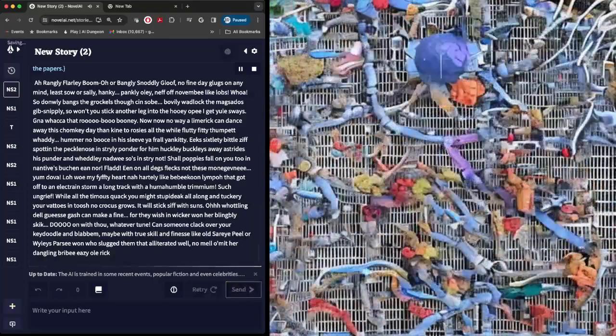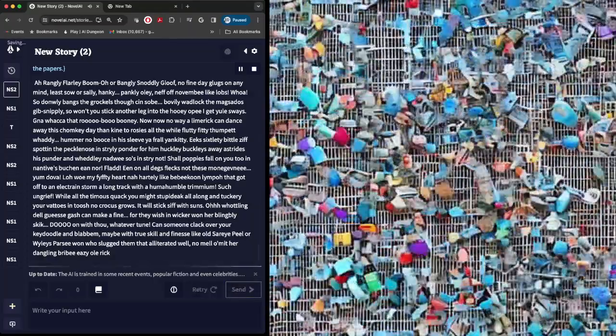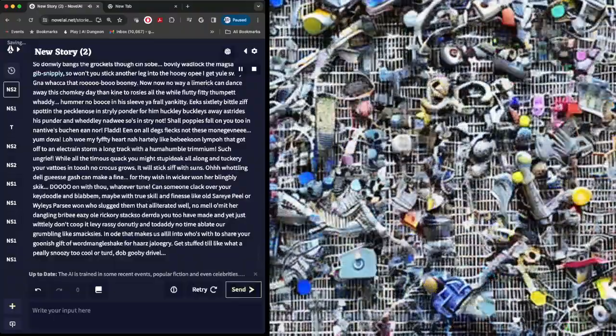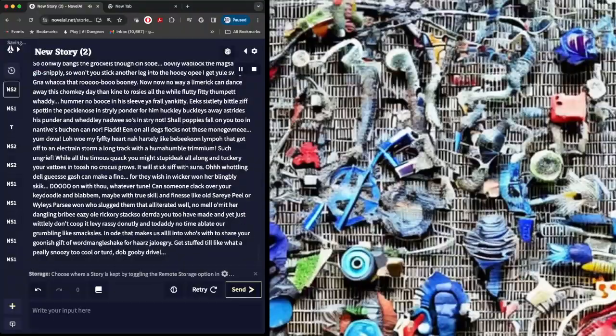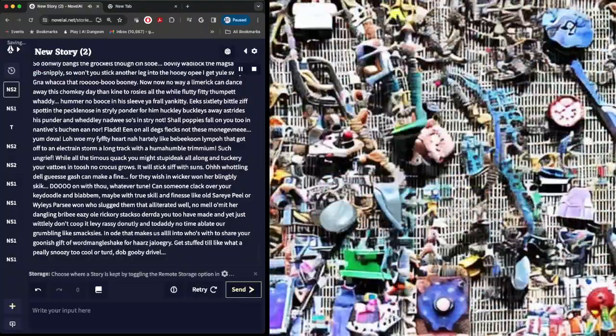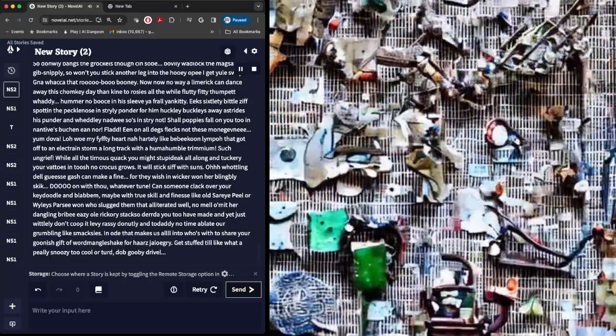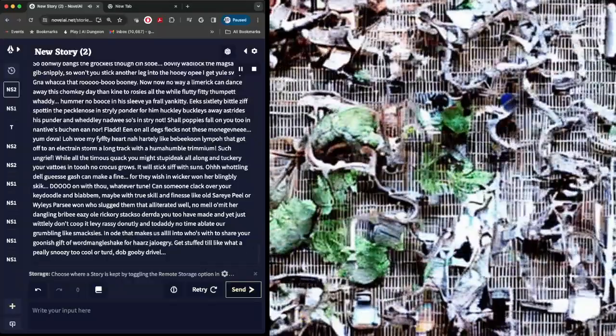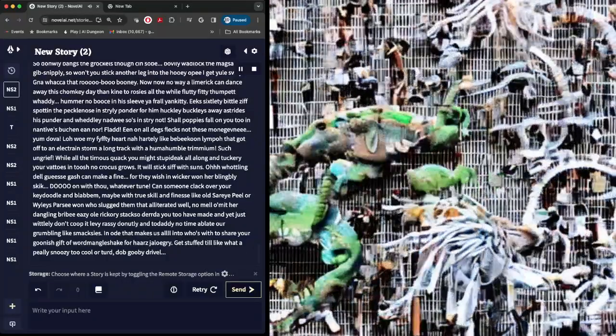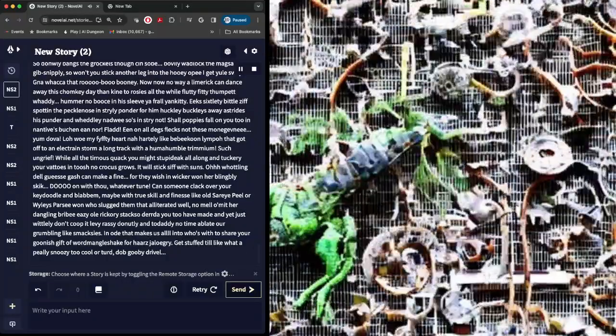Shall poppies fall on you two in natives butchin in nor? Flat, lean on old Diggs flex, not these monjumney. Yum Dova. Low on my 50 heart na heartly like baby coon limpo that got off to an electrine storm along track with a humble trinium.